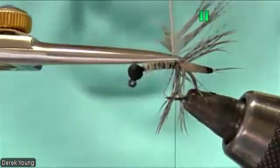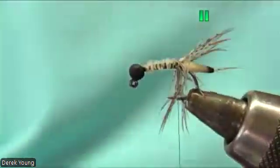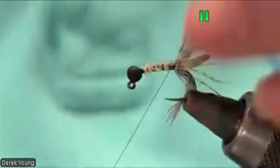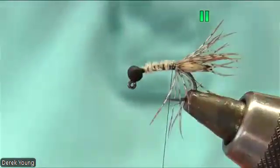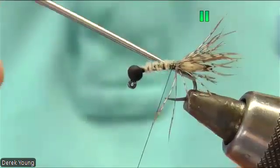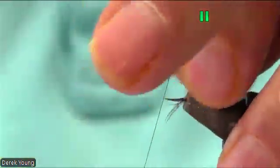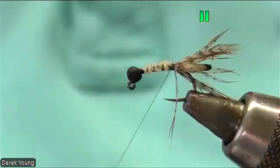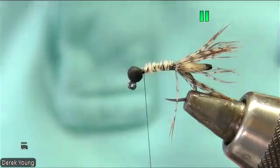Cut off your waste. And then fold the fibers forward. I got a few trapped there, so use your dubbing needle. There we go. Go down to the bead, get some copper wire,